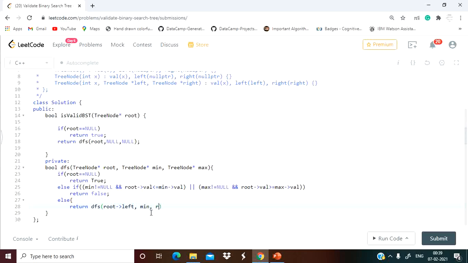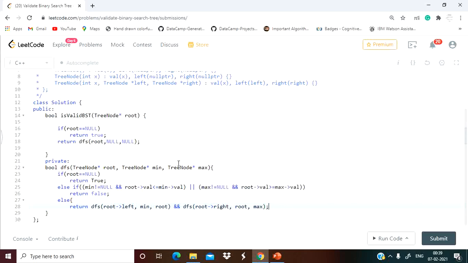Max value, right? So here we will pass root. And similarly, we will move to the right child of our root node. So root right, and in case of right, what value we were updating? Min value, right? So here we have root and then max, right?